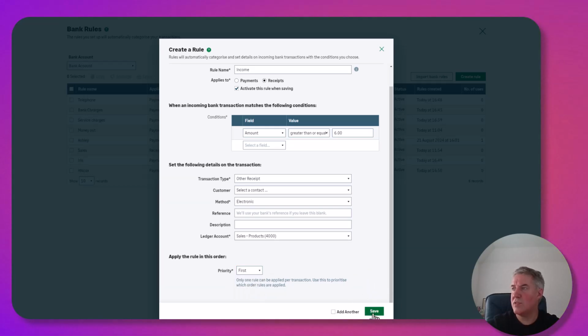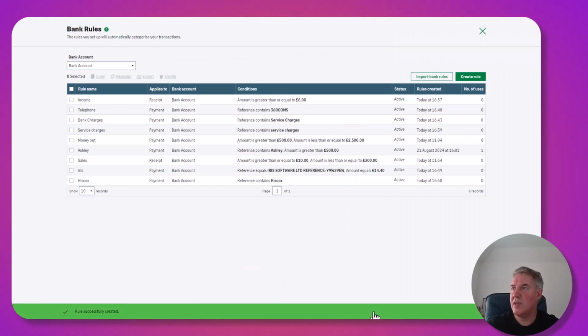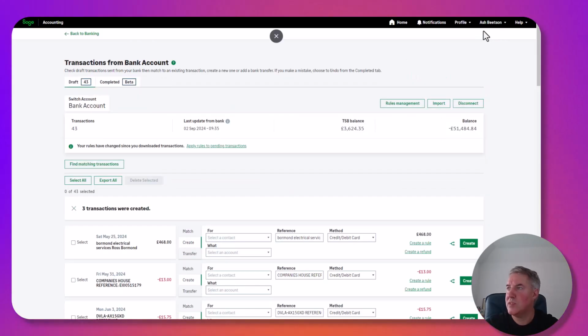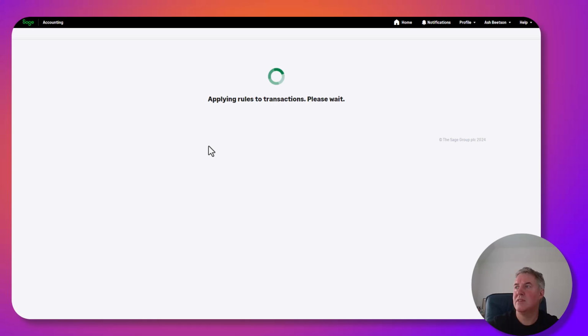And I'll choose to save. I should find I have quite a few entries within there that we can sort now. And if I just close this down, so I'll apply that, because at the moment I've got 43 left. If I apply that to pending transactions,